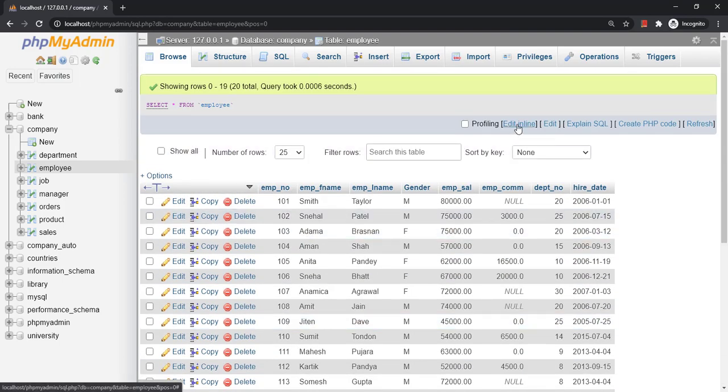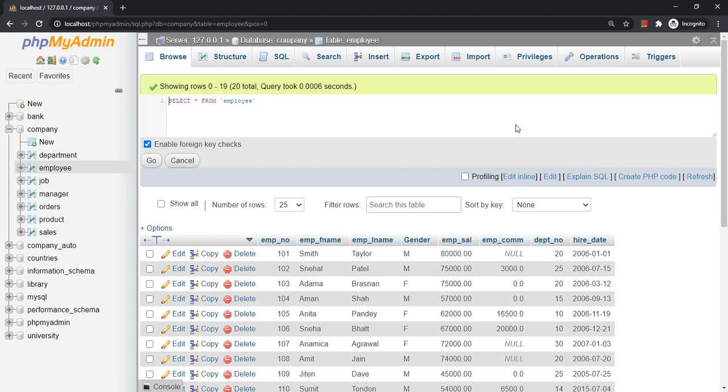In this case, we will have select star from employee where, now what I want is the employees whose salary is greater than the average salary. So I need to compare the employee's salary, and that salary should be greater than... now, over here I am going to provide a subquery.